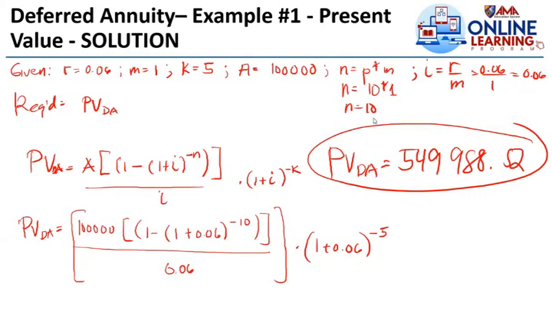Okay? So, PVDA is equals to A times the quantity of 1 minus 1 plus I raised to negative N over I times the quantity of 1 plus I raised to negative K. Kumbaga, need natin kunin yung present value ng deferred annuity. So, substituting the value, so 100,000 times the quantity of 1 minus 1 plus 0.06 raised to negative 10 over 0.06 times 1 plus 0.06 raised to negative 5. So, using a calculator,